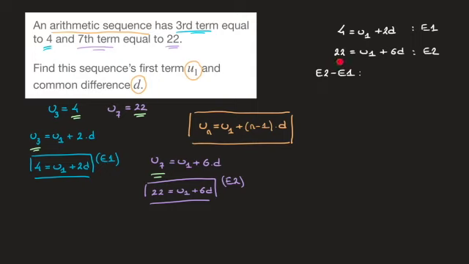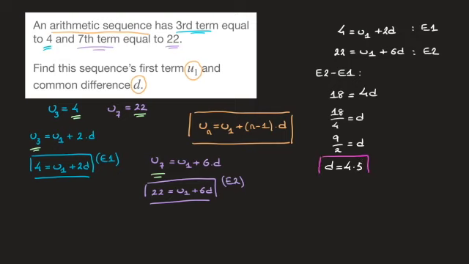Well, on the left-hand side, I'll have 22 minus 4, so that's 18. And on the right-hand side, I'll have u sub 1 minus u sub 1. Well, that's 0, so I don't need to write it. And 6d minus 2d, which is 4d. Now, dividing both sides of this equation by 4 leads to 18 over 4 equals d, which is 9 over 2 equals d, or if you prefer working with decimals, that's 4.5 equals d. And so I'll go ahead and write d equals 4.5. And I'll go ahead and box that.